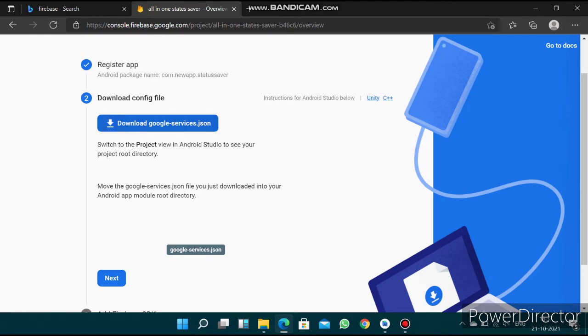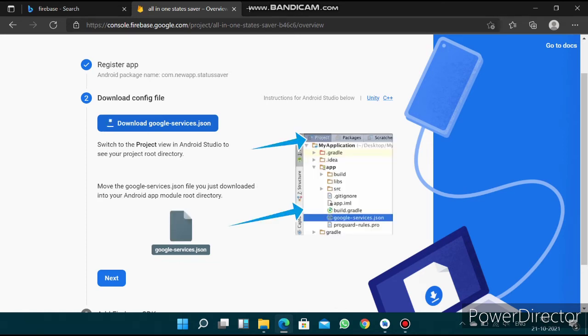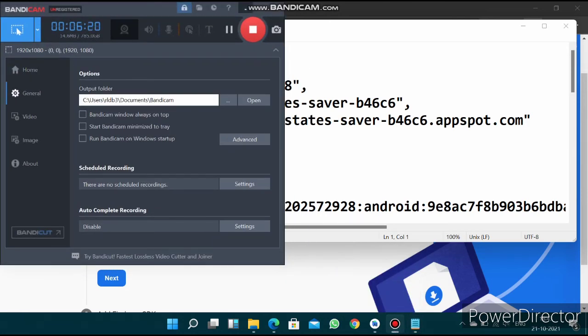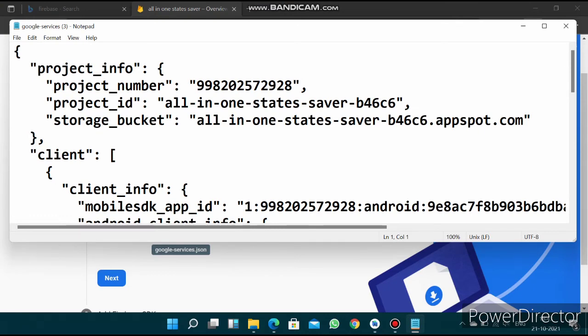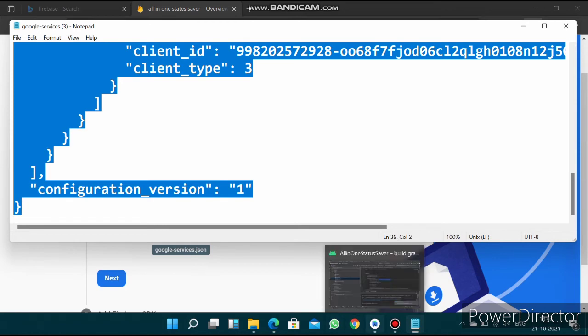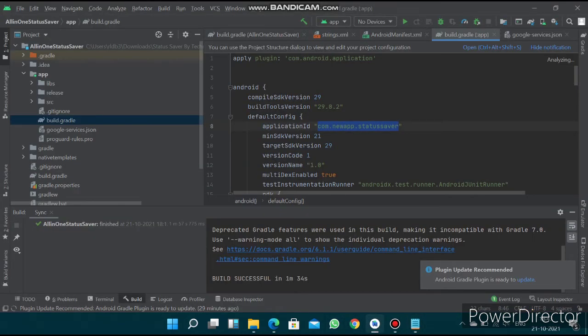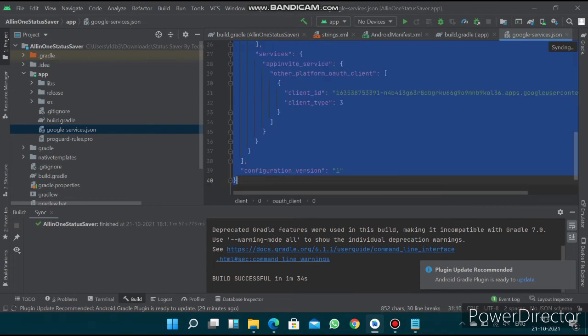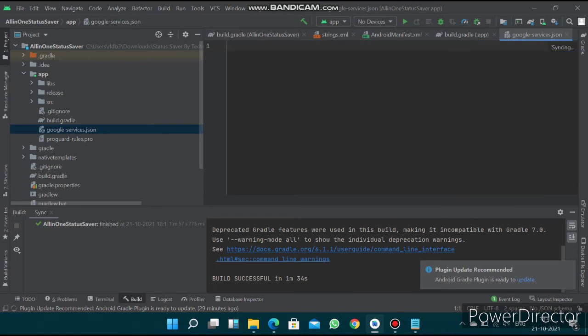Download the JSON file. And after downloading, open it in Notepad. Copy it. And go to JSON file. Delete everything. And paste the thing that you copied.